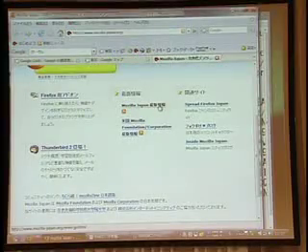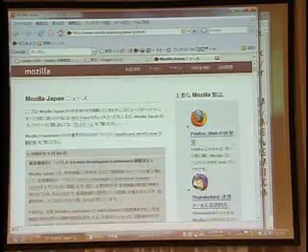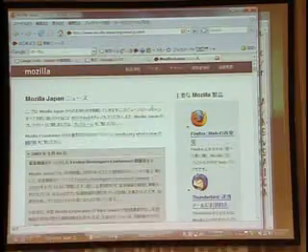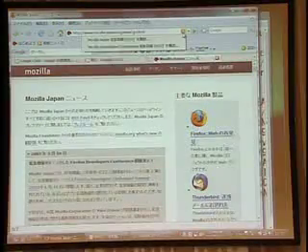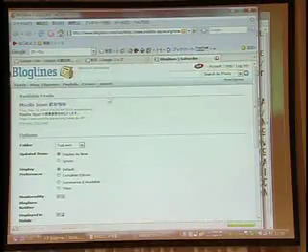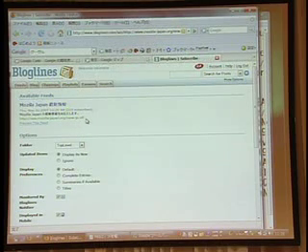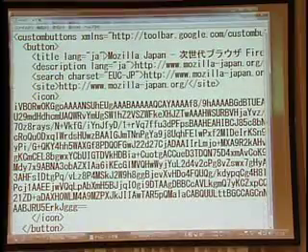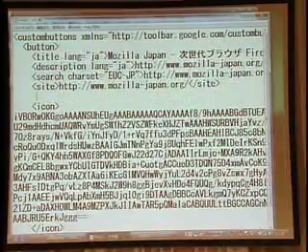We'd like to embed an RSS feed into that button. Mozilla has a number of RSS feeds, but let's select the Mozilla Japan most recent information RSS feed and include that in our button. Here, there are various ways of viewing it, but here's the RSS feed's link, so we will include that. Unfortunately, you're going to have to do some hand coding here.